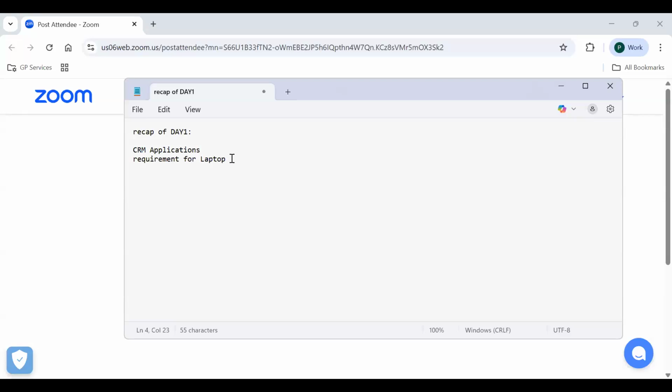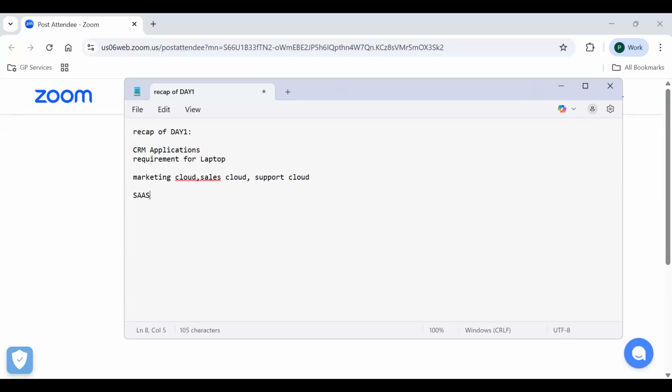There we have categorized our requirement into marketing cloud, sales cloud and support cloud.